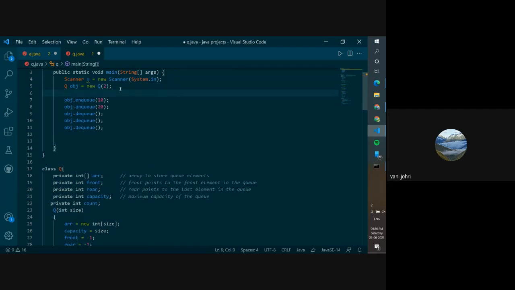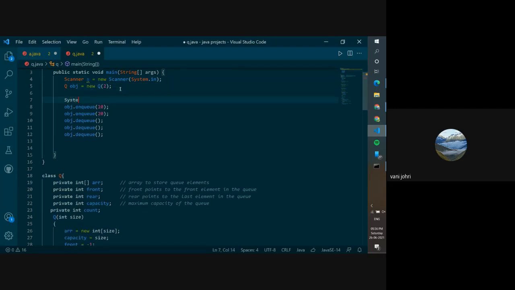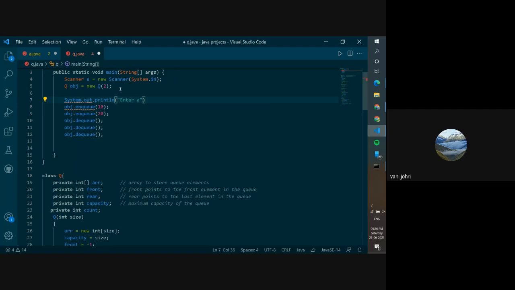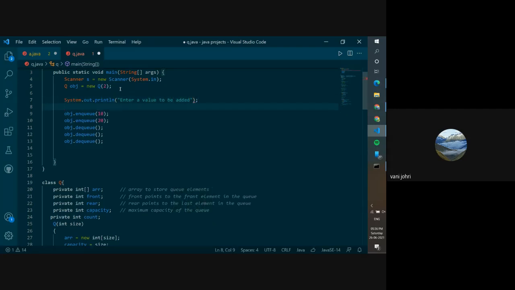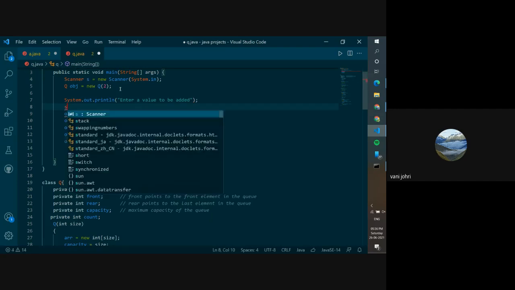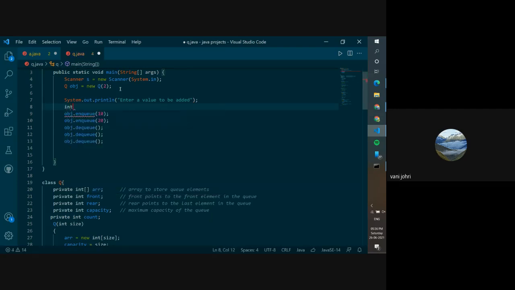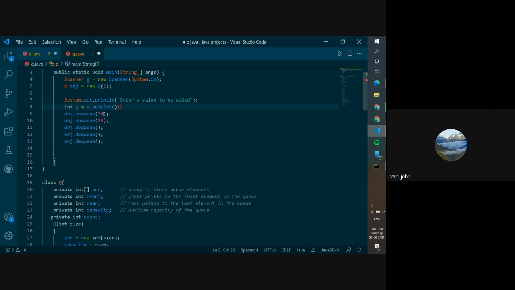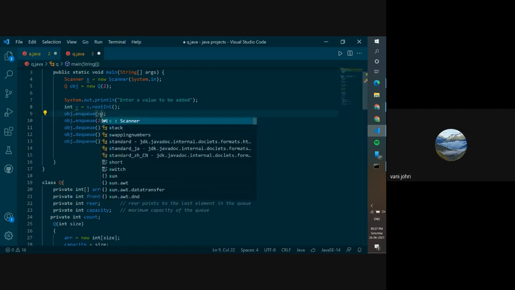And you can ask the user like this. Enter a value. You can send this S if you want.